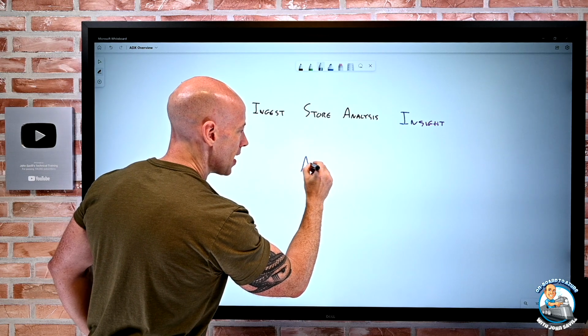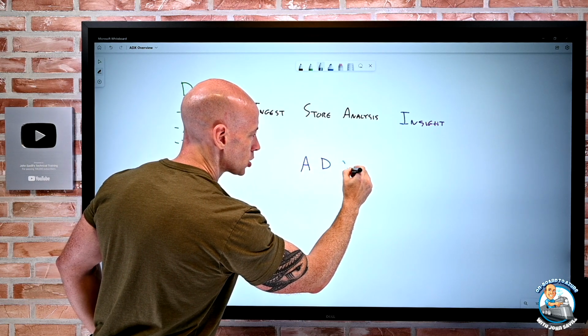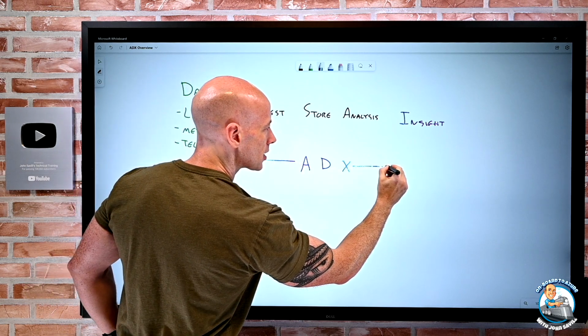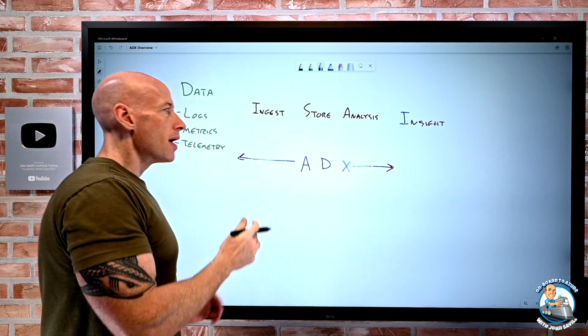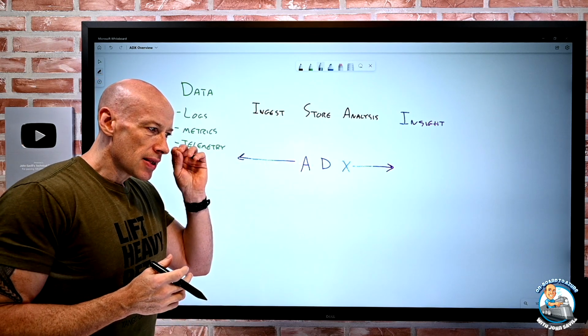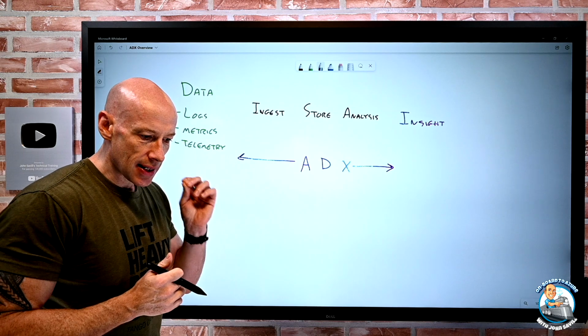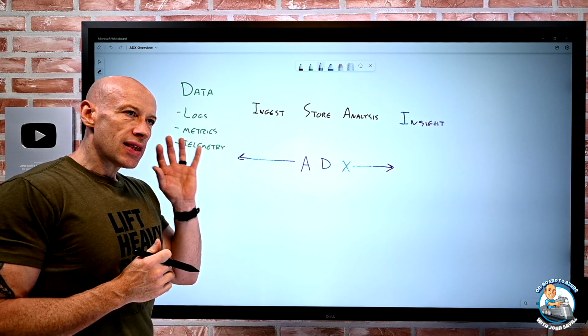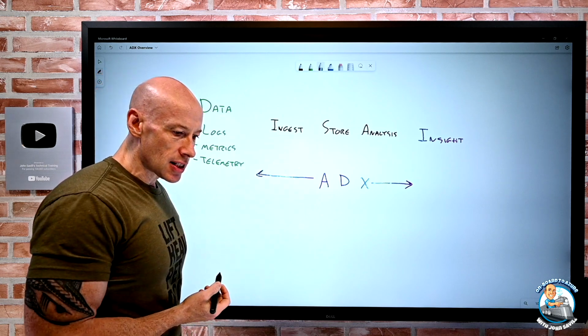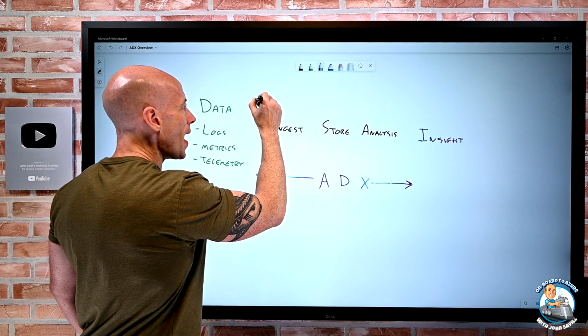So if I think about Azure Data Explorer, it provides this complete flow: a way to get the data in, a storage for the data, and then actually get that analysis against it. And when I think about what ADX brings, when I think about that ingestion of the data, it supports both batch